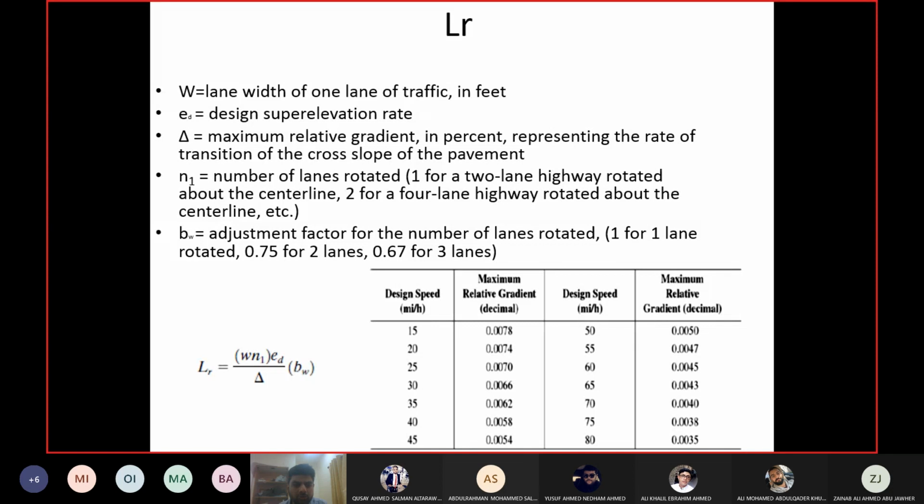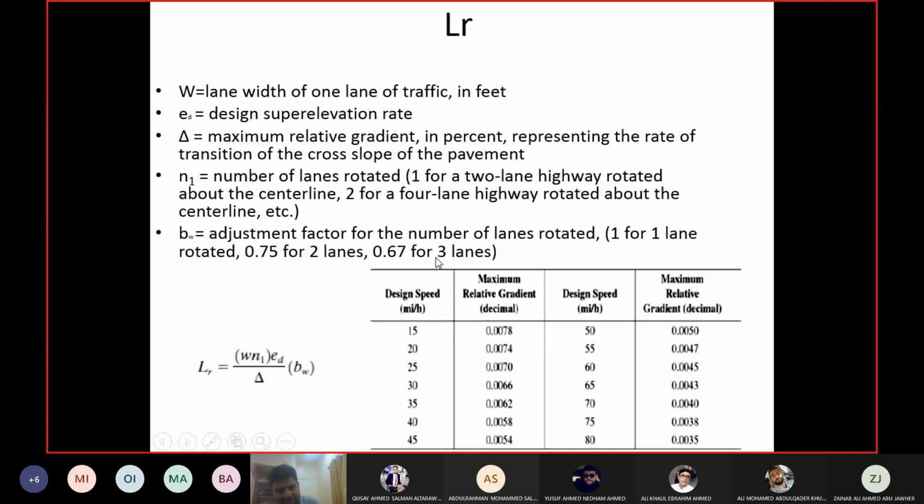So the right hand side has how many lanes? 2 lanes. So I will take it separately. I will not consider 4 lanes now because of the median. I will just consider 2 lanes, so the number of outside lanes is 1. Then BW will be for 1 lane. Like I said, if you encounter a problem where you have to take 4 lanes and 6 lanes as the number of lanes rotated, then there are books where the value of BW is given. But I'm just explaining why they did not go beyond 3 lanes here.